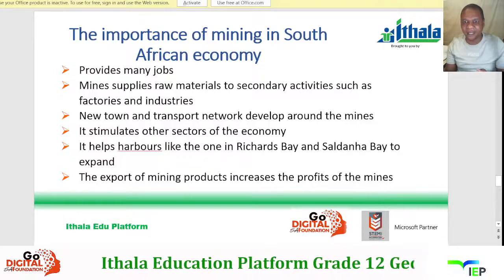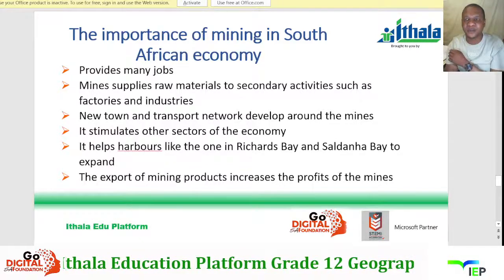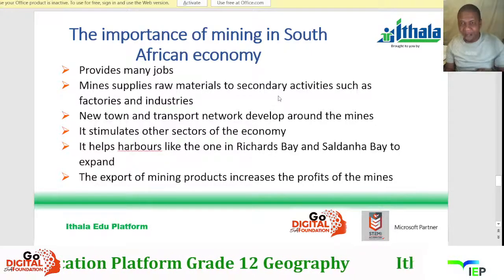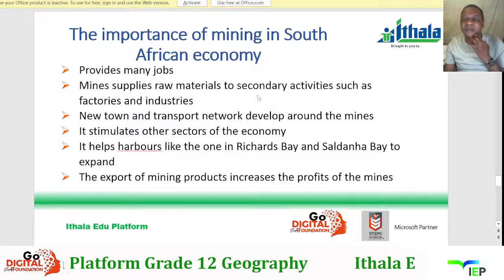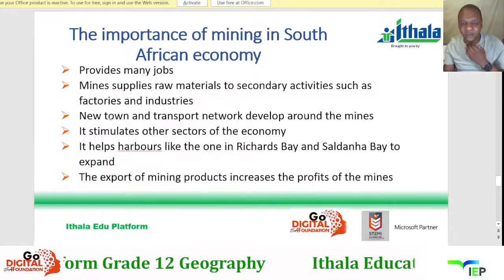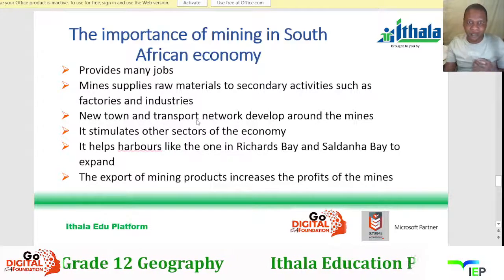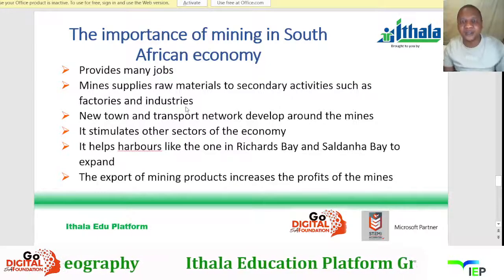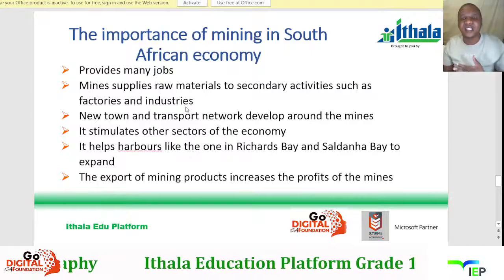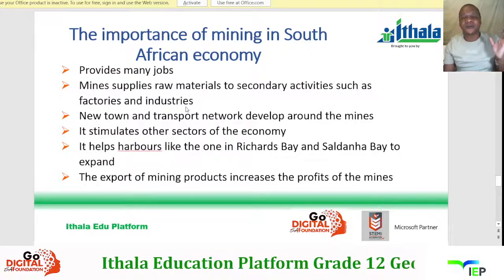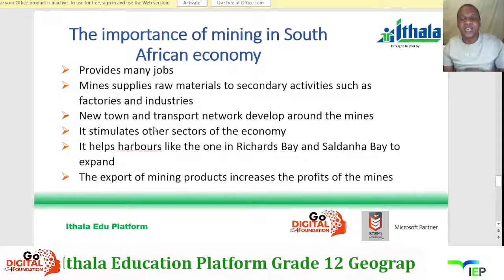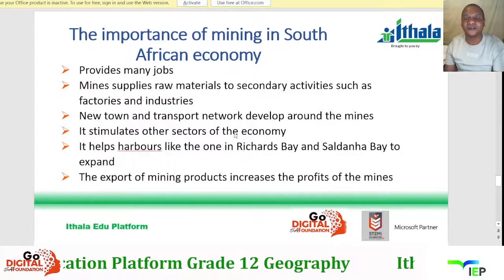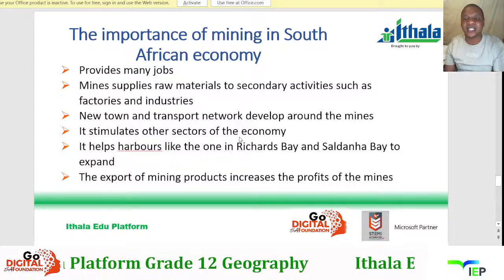A multiplier effect, grade 12, ila sola khona phela into eyodwa ilidela kwenye, yabo. For instance njengayo nje ilento imayini has led to a development of new towns, ngoba phela bayayidinga abantu indawo zokuhlala, bayadinga indawo zokuthenga izitolo, bayadinga ama restaurants, bayadinga even amahotela abantu, so nje badinga zonke lezo zinto. Okay, another importance of mining in South Africa, it stipulates other sectors of the economy, such as